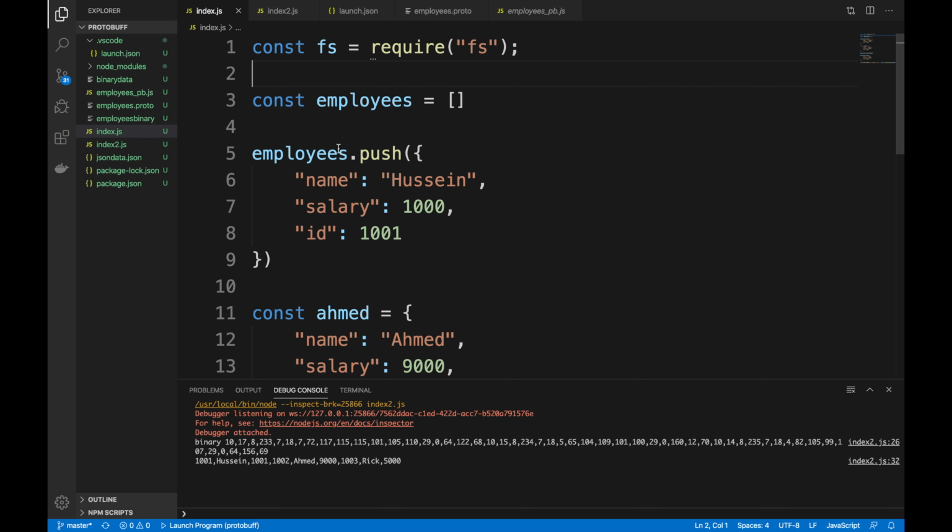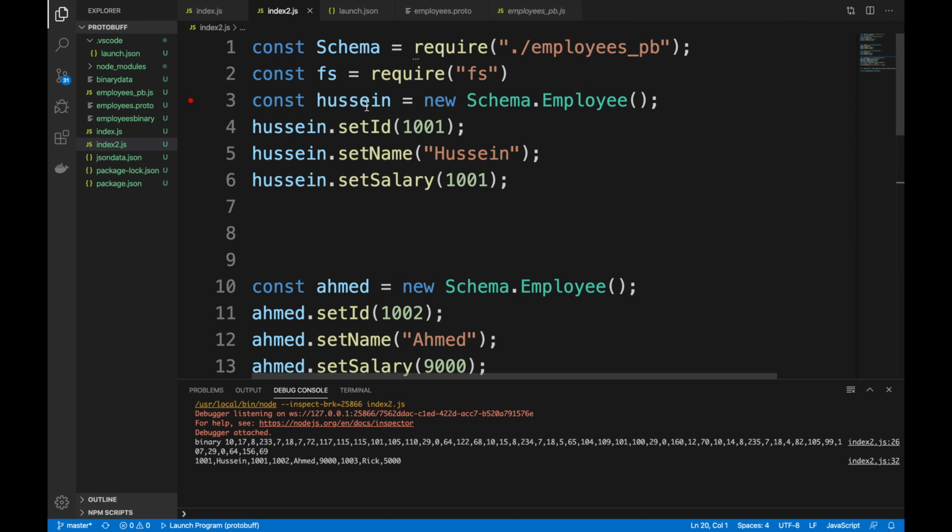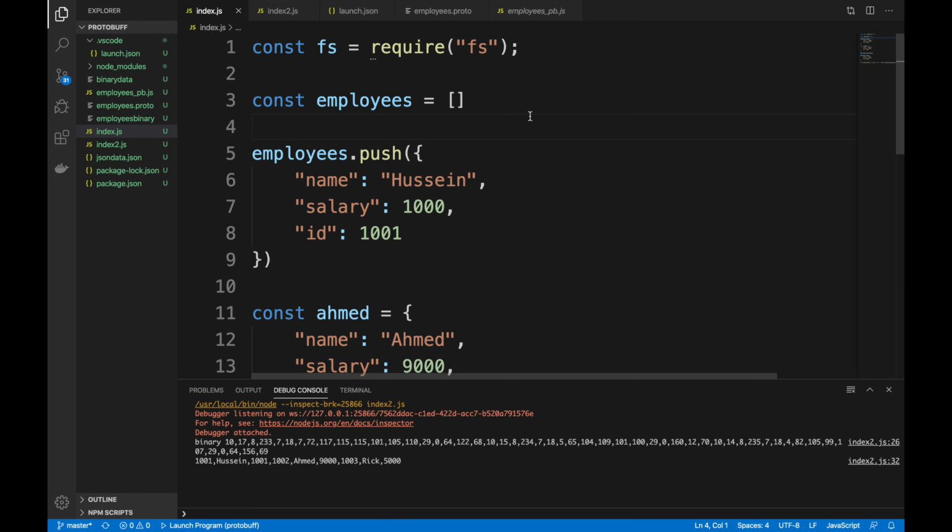Compare the time I took to build this example versus the time I took to build this example, right? Almost 3 times slower, because I needed to do all that garbage of writing a proto file and compiling it and so on, just to write a beautiful piece of code, right? If you know your language,